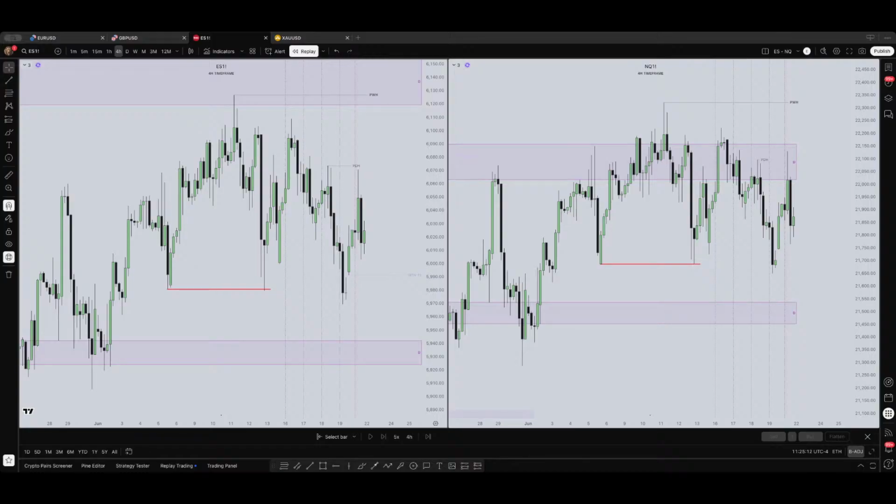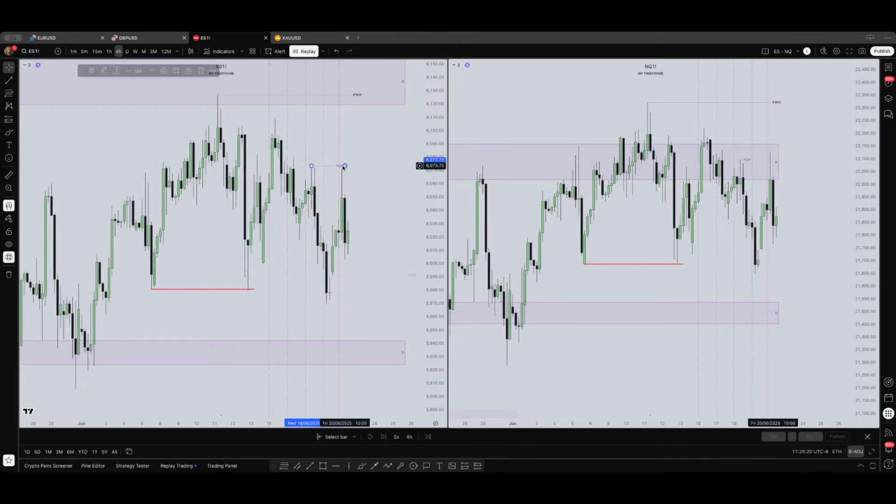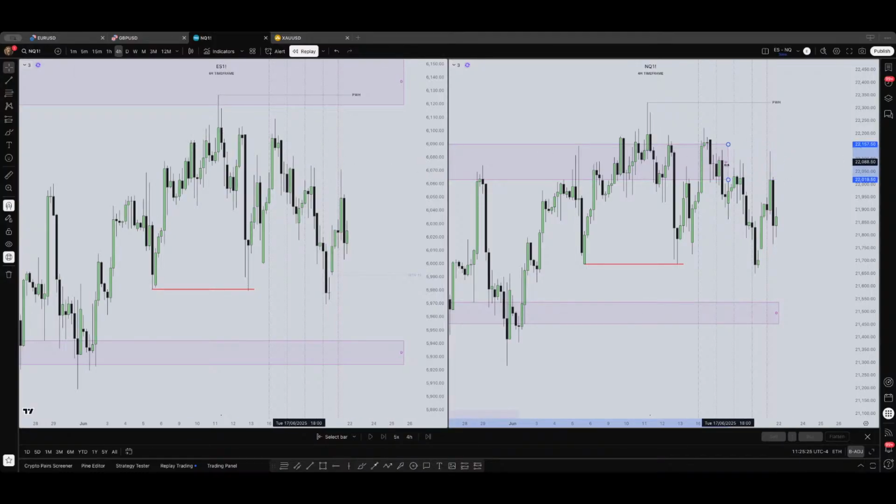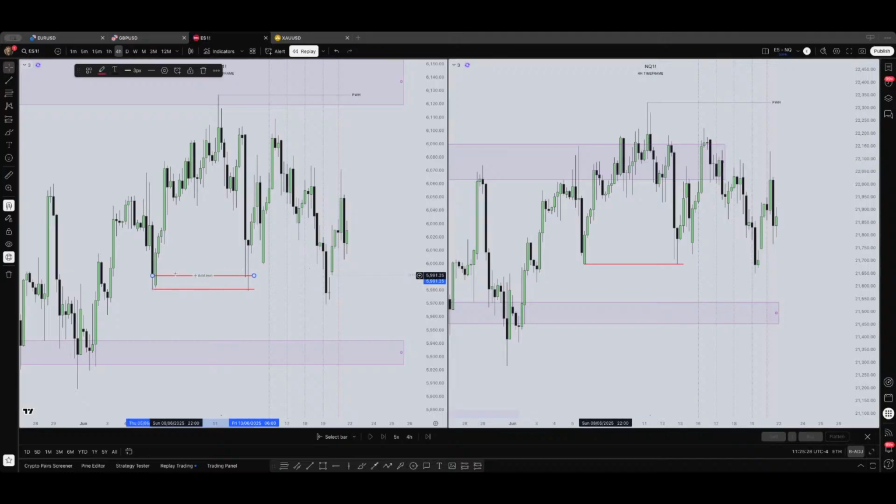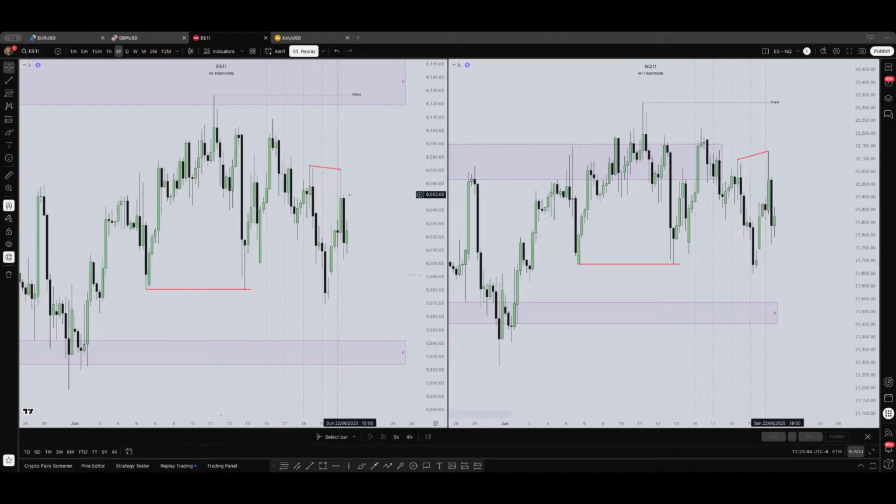In the charts you have, they match movement, but sometimes they don't match. Most of the time they match, but for example here they didn't match. Here we also have this divergence. For example here, price in Nasdaq did a higher high, here it did a lower high. That was what I was expecting, an entry here, because I saw this.